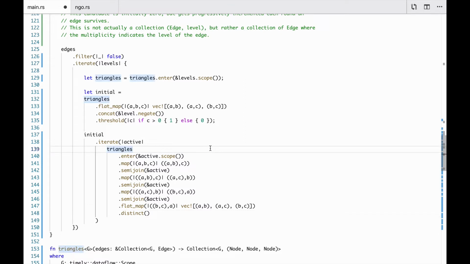So the idea here is that from our initial set of edges, which are a subset of our original edges, those that are currently sticking out above their proposed level in terms of the number of triangles they participate in, we take those edges and feed them into our iterative computation, where we say, all right, edges, let's confirm that you all are still part of a bunch of triangles. And